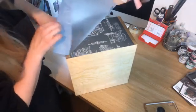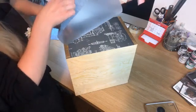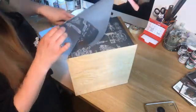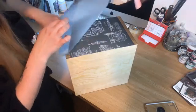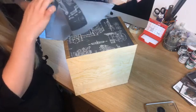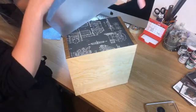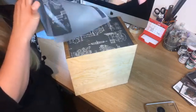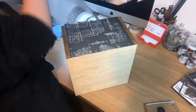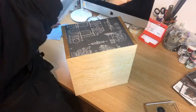And look at this beautiful design. It's so unusual, because usually I tend to work with more traditional designs, and I like flowers, and I like darker themes and everything, but I don't usually do more industrial, and what can be more industrial than blueprints. So there is a little bit that does not want to peel off, so I'm going to